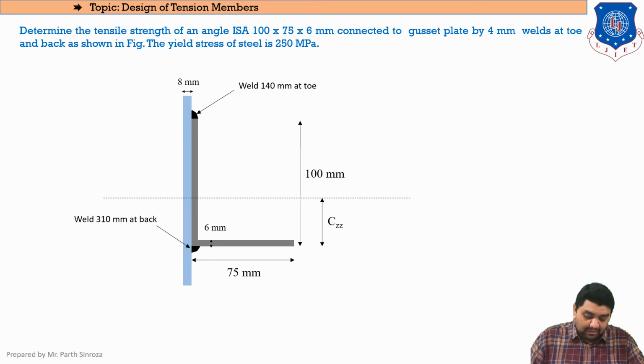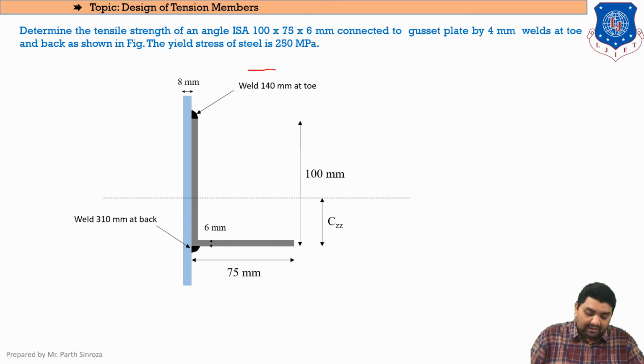As we can see here, this will be our longer leg, this will be our shorter leg. It is given in the question that the longer leg is connected to our GP. So this will be our shorter leg, and these welds in the previous chapters we used to find the length of weld. Clear? Now here the length of weld is already been prescribed. You just need to find the total strength it can carry.